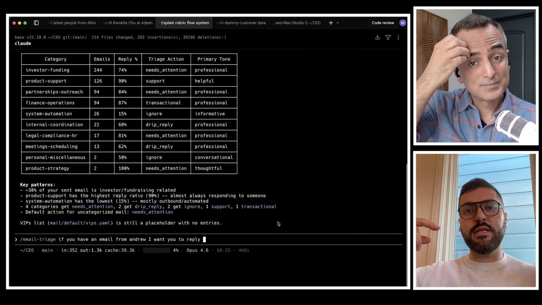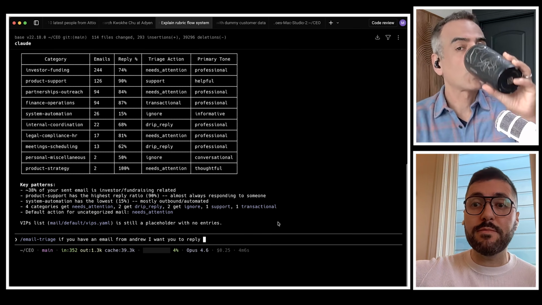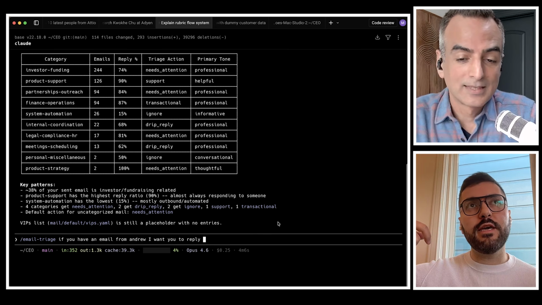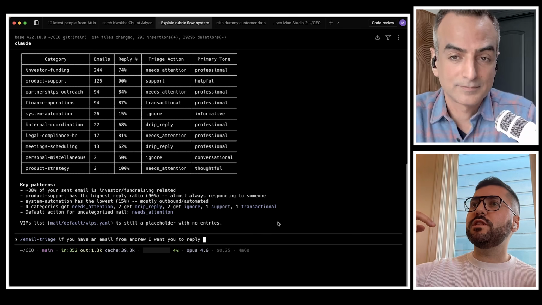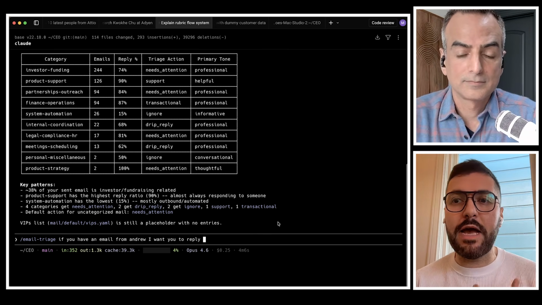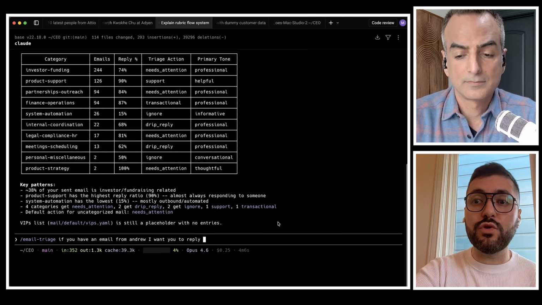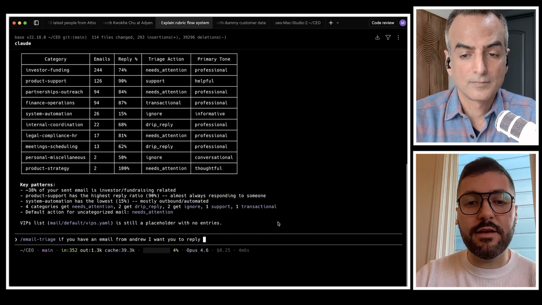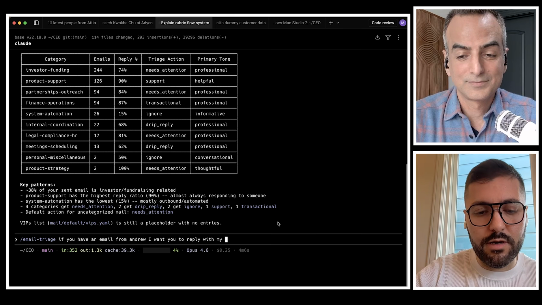Yeah, the email triage is basically what runs on my machine. I have a cron job that runs my email triage. Now, of course, the way the system works is that I have my VA that takes care of the tickets and these types of things, who also uses the same system to accelerate his work. So it's pretty safe. You'll see now, if I get an email from him, I want you to reply with my